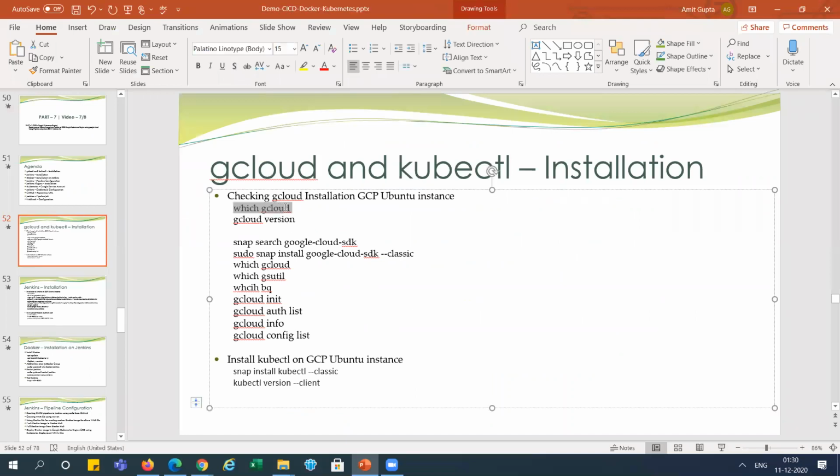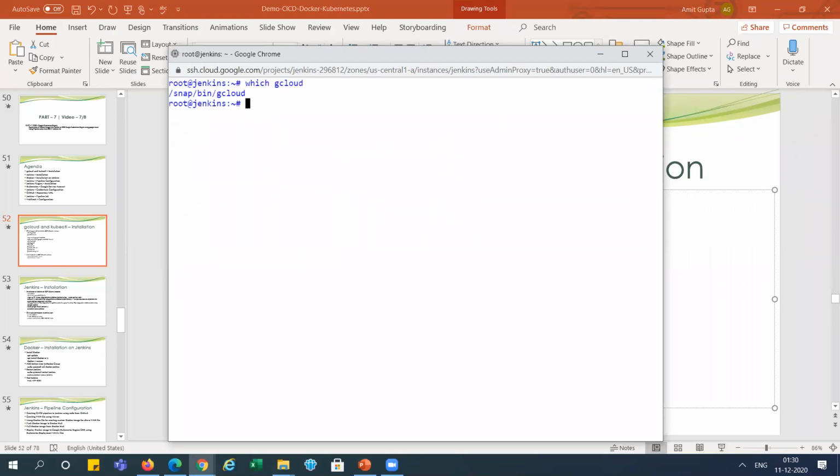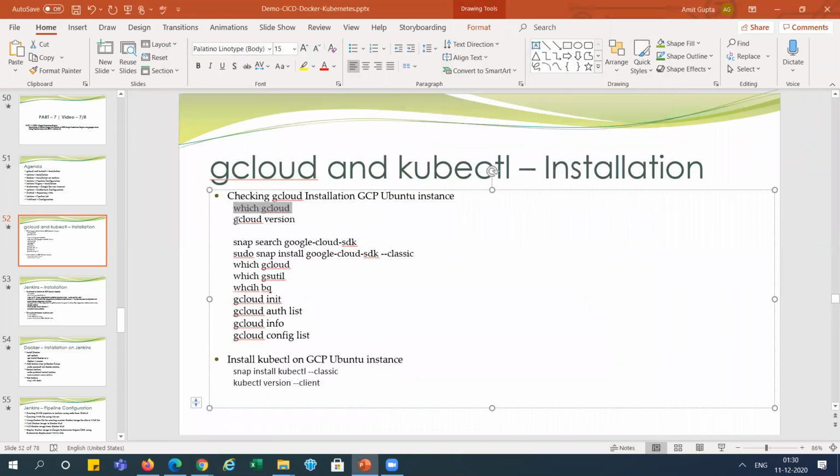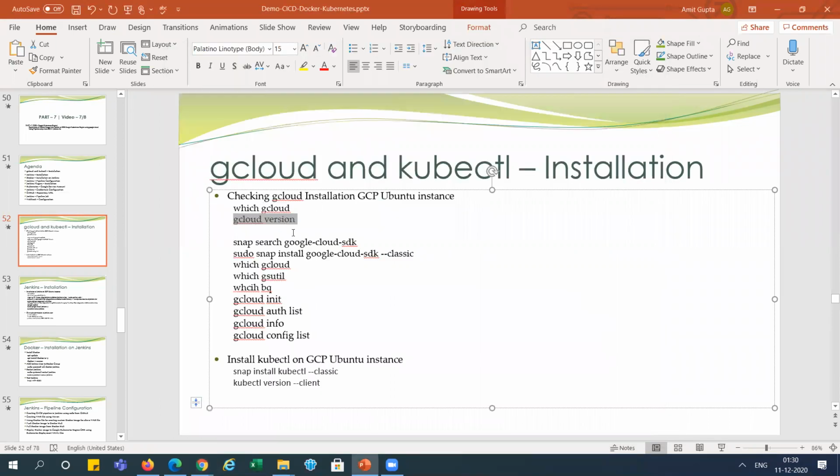Just check with gcloud whether gcloud is installed or not here. It is already there, right? See the gcloud version. It is there, right? So if you're using a system other than Google, you need to install that.